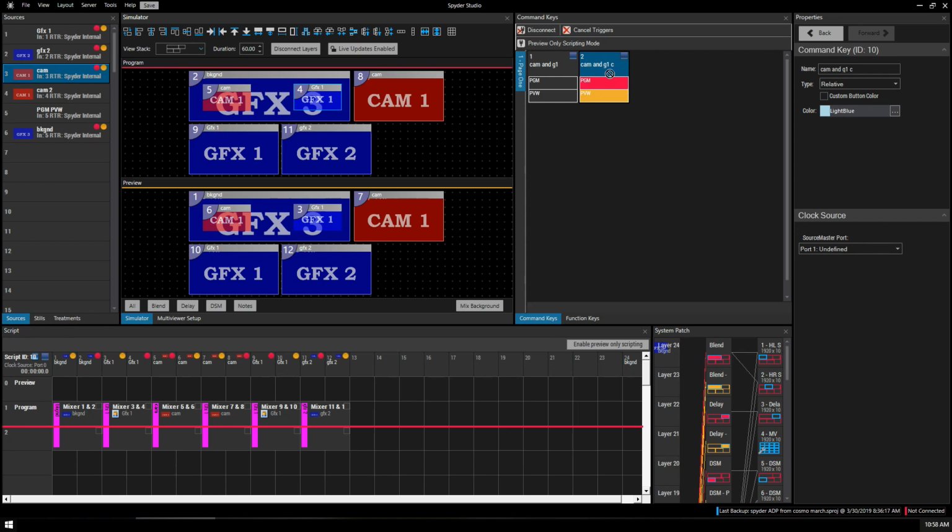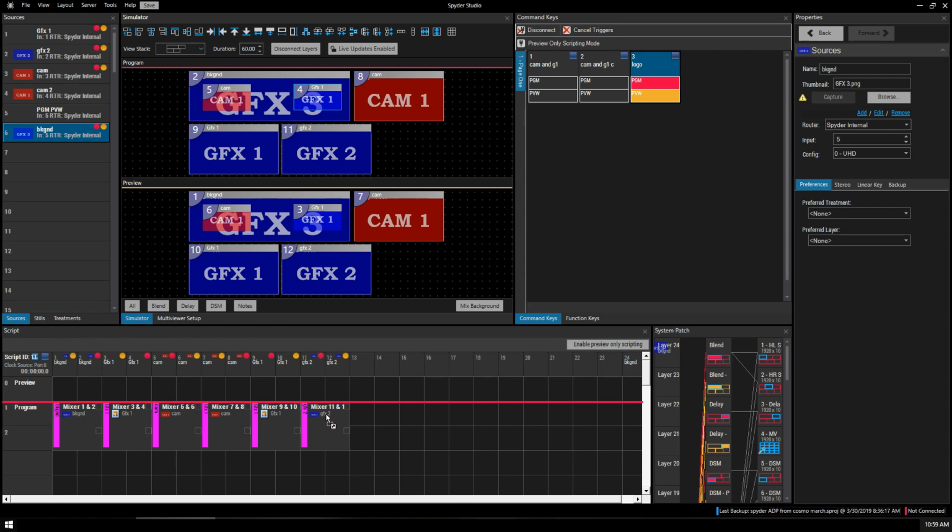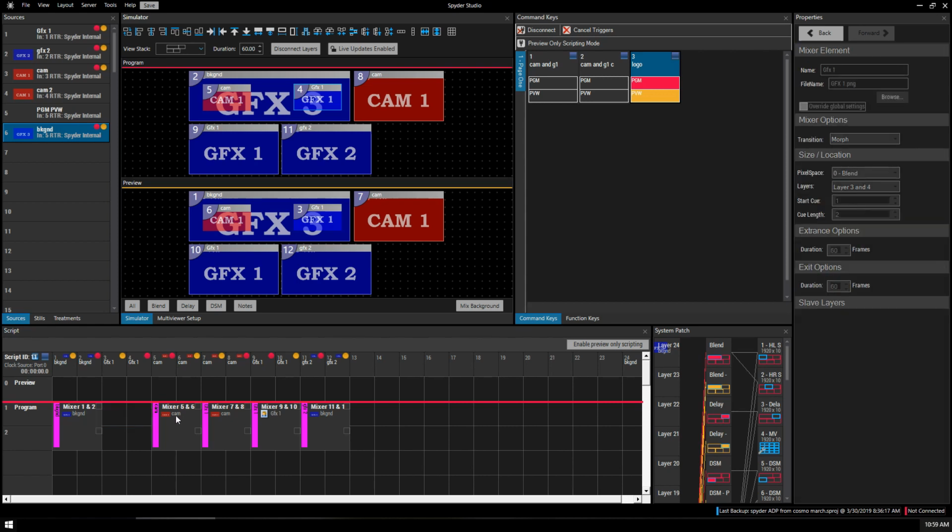I'm going to copy it again. And this one is going to be logo. Highlight it, load it in preview. And then I'll have graphics 3 here. And then graphics 1, I'm going to take it away. I'm going to add an off element. Now when I take it to program,